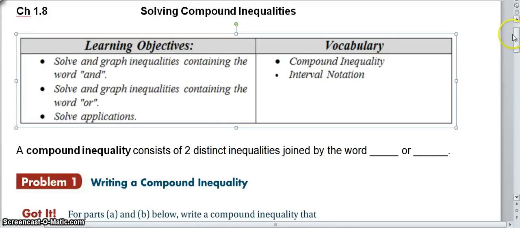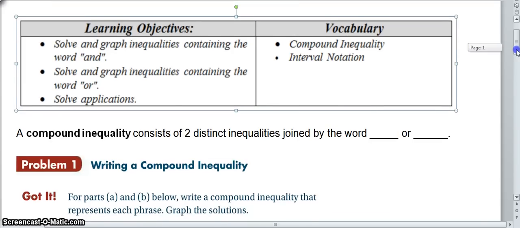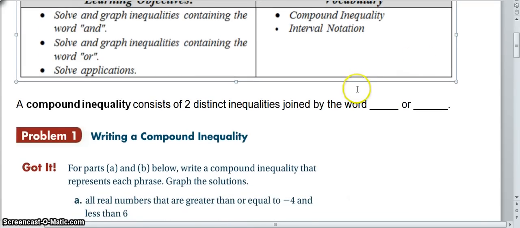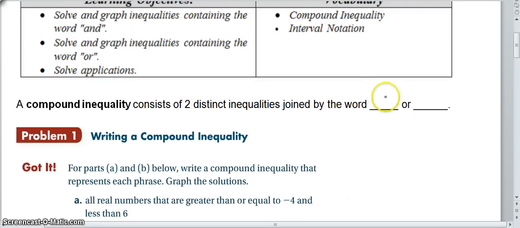All right, guys, so we are now heading into 1-8, solving compound inequalities. By the time we get done here, you are going to be able to solve and graph different inequalities. So first off, you probably want to know what a compound inequality is. Well, a compound inequality consists of two distinct inequalities that are joined by the word and,